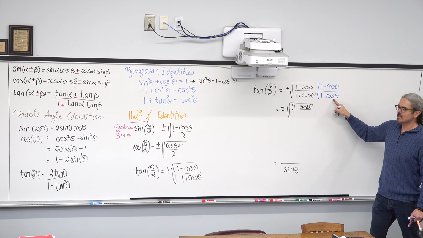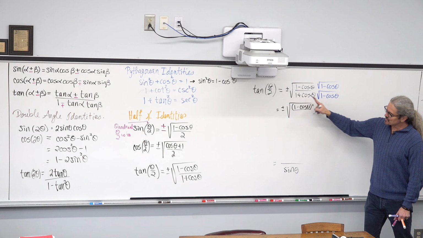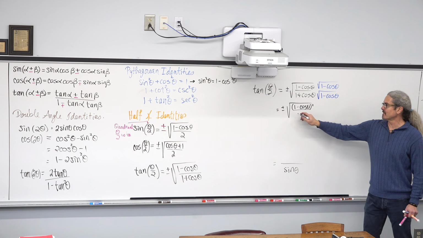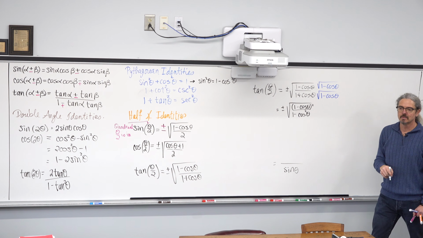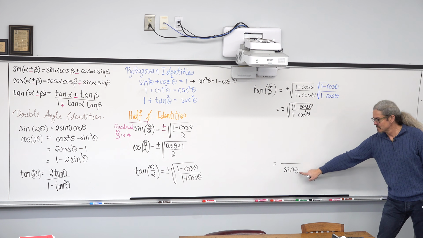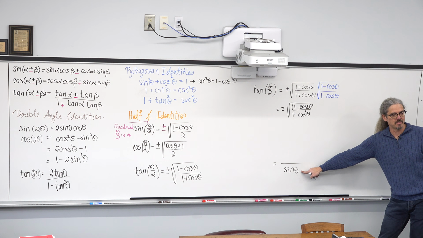These are conjugates, which means that those are the only two-term factors that you can multiply together and not get a middle term. So this is going to come out to be 1 minus cosine of theta squared. Well, what's 1 minus cosine theta squared? Sine of theta squared. So we're getting closer to the denominator that I told you we need.